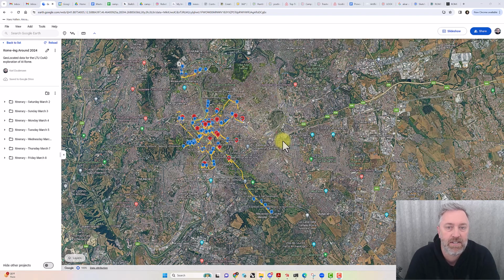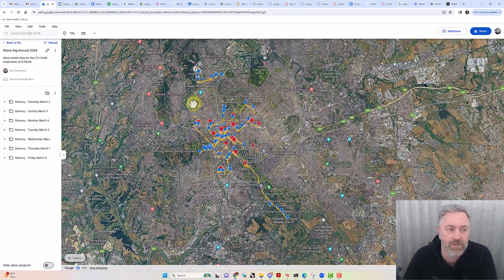We wanted to create a simple tutorial for Google Earth for our students who will be joining us in Rome. And we're going to use Google Earth in a couple of ways. What I have open here are the itineraries for our trip. And I just want to show you, it's a very simple interface. It's a very simple tool, but it allows us to do some work collaboratively, which will be pretty interesting to